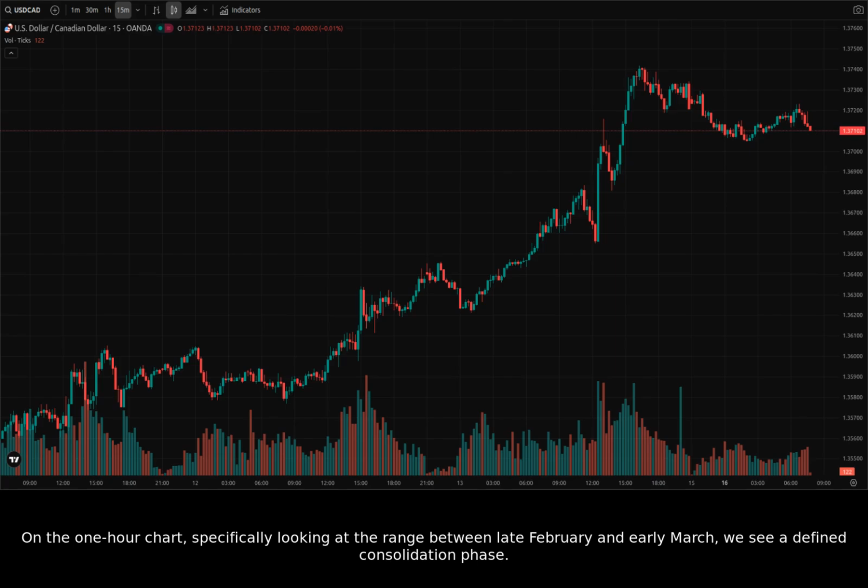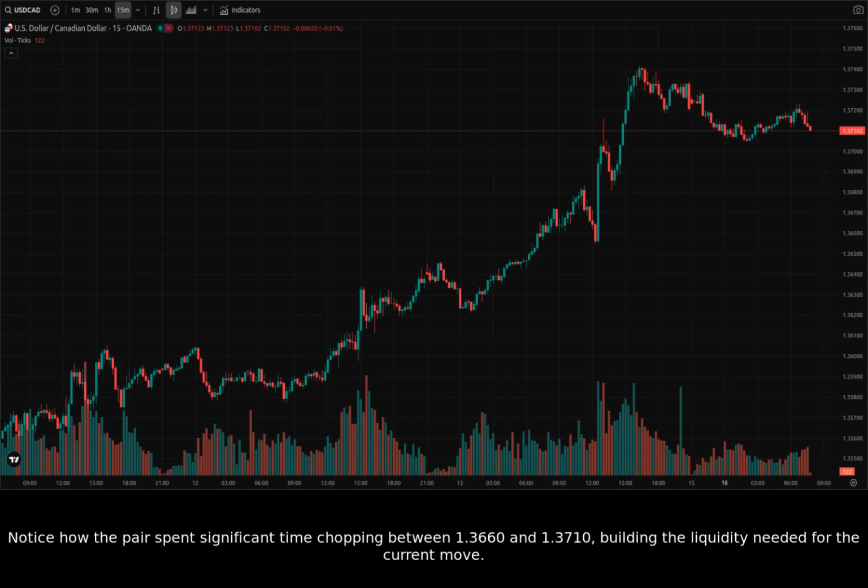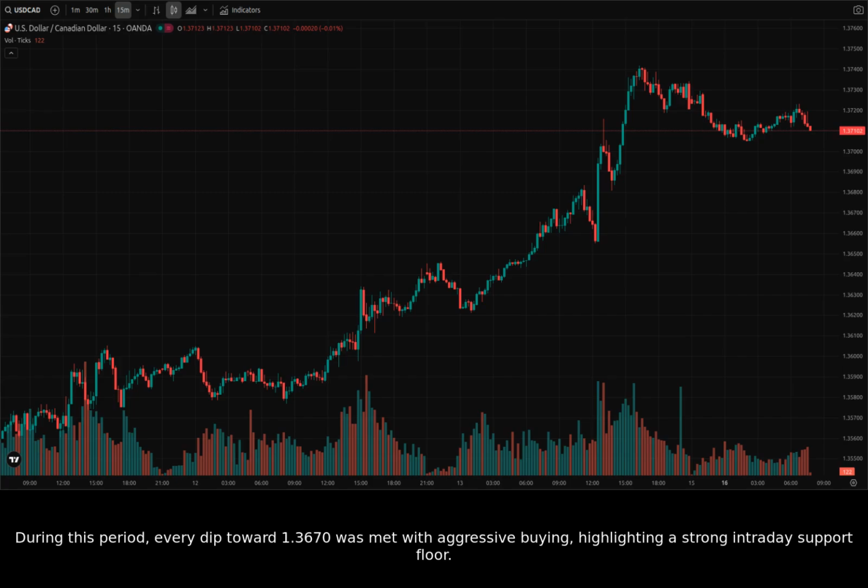On the 1-hour chart, specifically looking at the range between late February and early March, we see a defined consolidation phase. Notice how the pair spent significant time chopping between 1.3660 and 1.3710, building the liquidity needed for the current move. During this period, every dip toward 1.3670 was met with aggressive buying, highlighting a strong intraday support floor. This consolidation was a precursor to the volatility we are seeing today as news from the Middle East began to